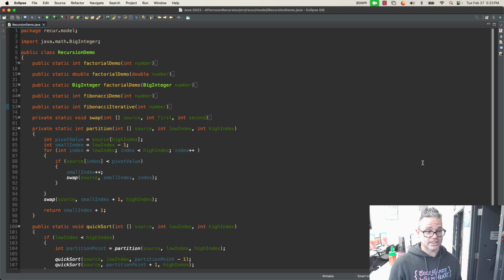And I'm going to go while index is less than high index. So I go up to, but not including, that high index value that I'm actually hitting, and index goes up by 1. And so if my source subindex is less than the pivot value, that high value that I started off with, as my first comparison value, then I move my small index, that reference variable, up by 1. And then I'll call the swap method, which uses a standard approach to swapping, where it simply